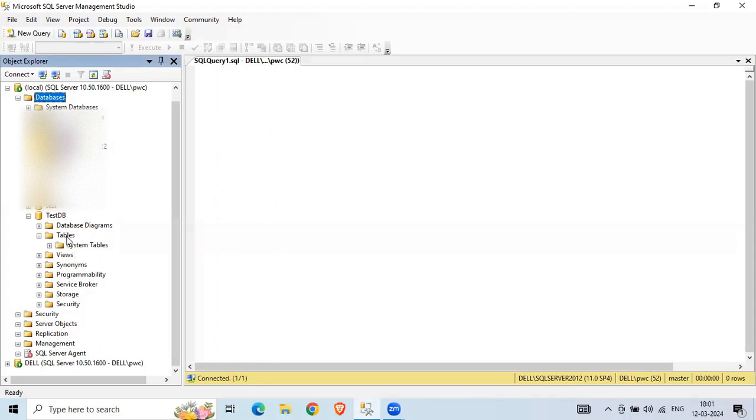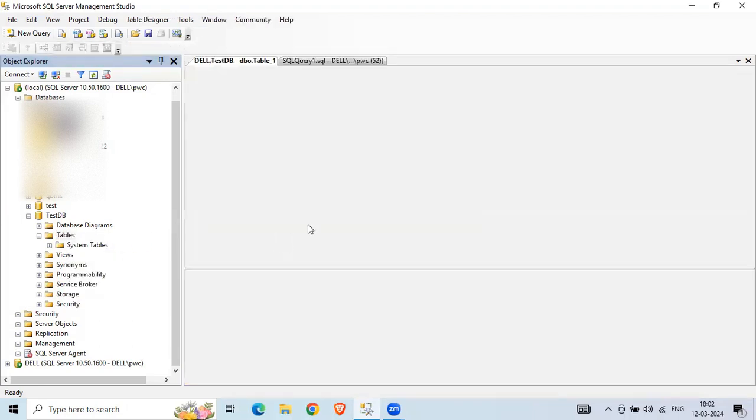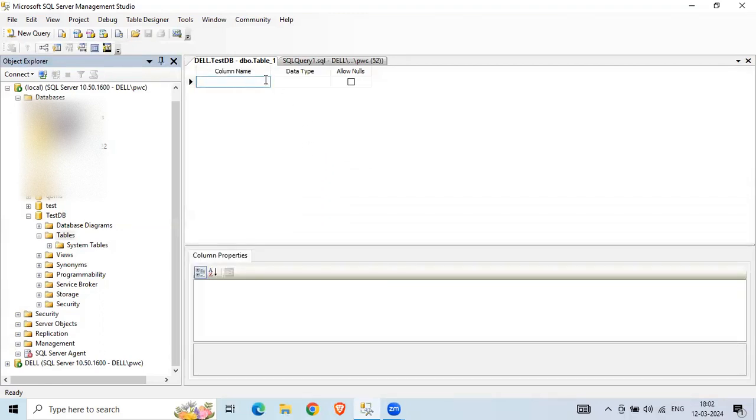Again, there are two ways to create a table. One, if you know how to write the create statement for the table, just write that. And if you don't know how to write it, you can create it within the dialog box. To activate that dialog box, you need to right click. For most operations on this SQL Server tree menu, you have to right click. On the right click, you find new table, and within this new table,